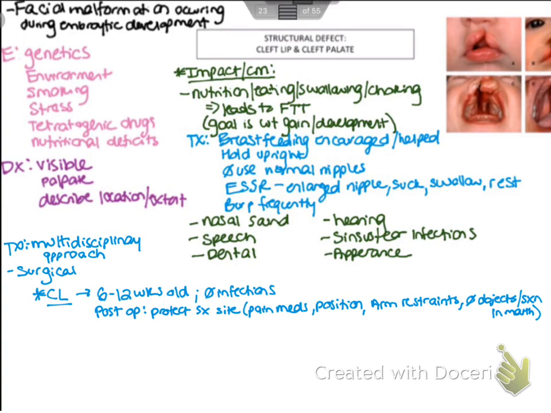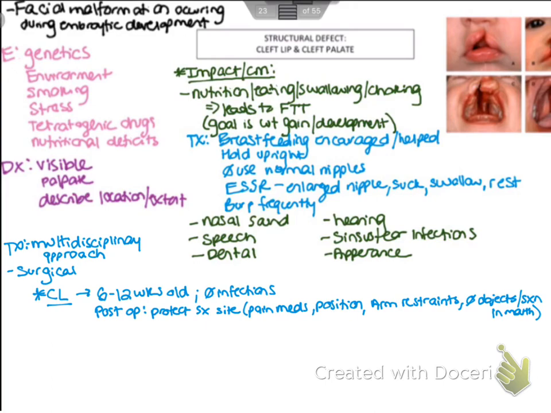So this all seems really mean, right? Because this is not what a baby would want at all. So we have to be very careful. The arm restraints we only use when they're not being supervised. But we encourage the parents to still interact, hold the baby. So take the arm restraints off and hug that baby. If they're holding the baby, stick one arm behind their back, hold them, and hold the other hand down so that they can't get to the site. But still interact and love on that baby. We only want to use the arm restraints when they're not being supervised.